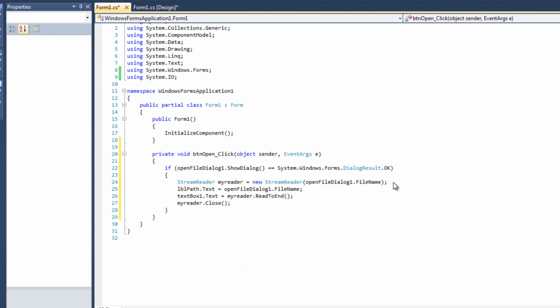myreader.Close, which I believe in the previous video I forgot to do. So shame on me. Maybe it was there. I don't remember. If it wasn't there, it should have been there. And if it was there, then I knew it all along. Okay. And so when we run this here,